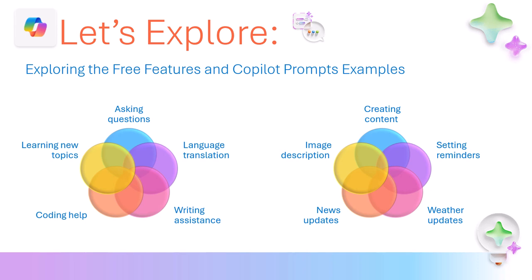You don't have to log in with the work or school. You can actually associate that with a personal one. Or you could have an Outlook.com or Hotmail or Live.com, any of the Microsoft ones, and that'll work. That allows you to do all kinds of cool things like language translation, help with coding, very fancy writing assistance. If you spend time using things like Grammarly, you can use CoPilot for almost all of your writing assistance, and you get all of these different features, ways that you can have it presented,